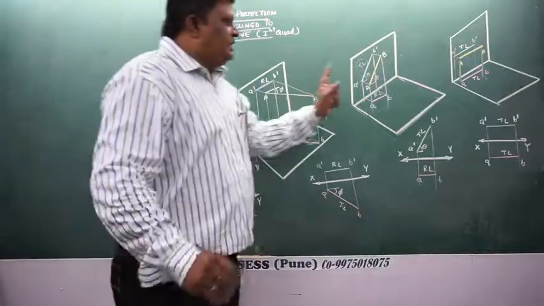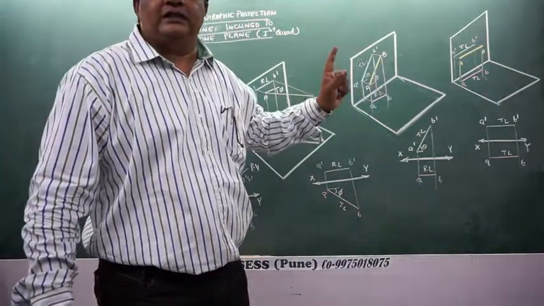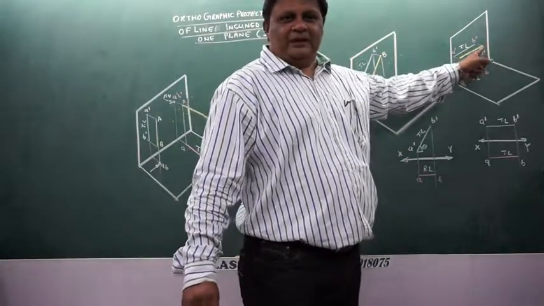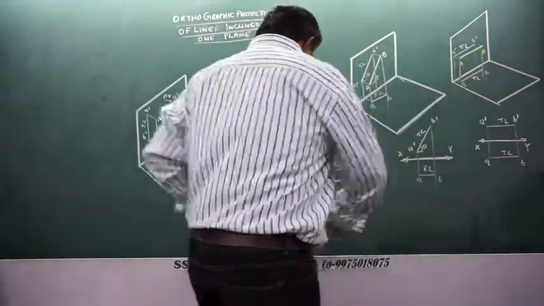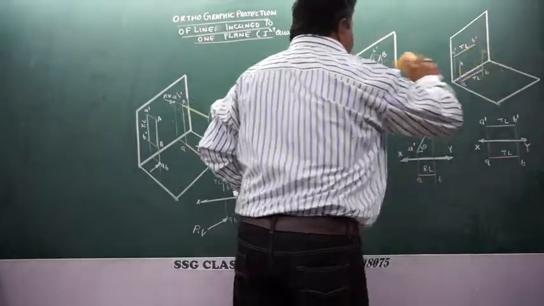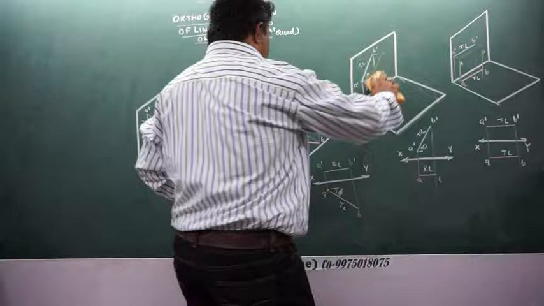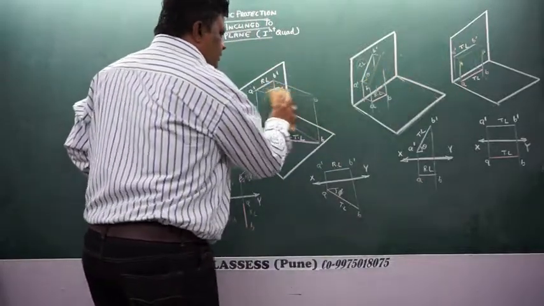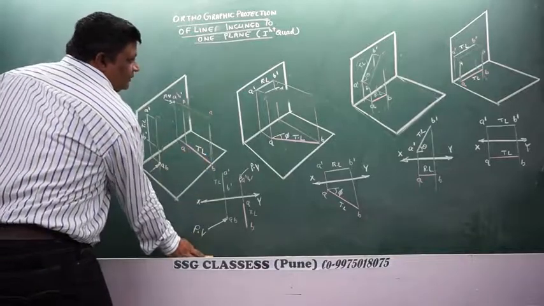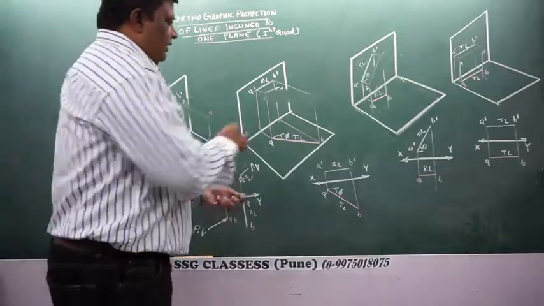That is, which is the line which is to be removed, which is not existing? Capital AB. Capital AB is not there. So I will simply be removing it from there. Only the projections are there. Agreed? Only the projections are there. Or you can simply say the representations are there.